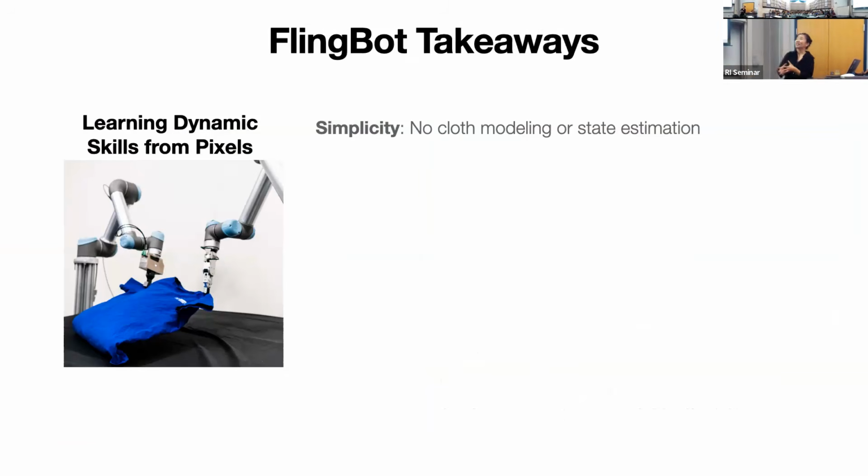So I think to summarize, what's really surprised us in the FlingBot system is basically... question? Yeah, for the spatial action map, is the velocity of the end effector encoded in that somehow? That's a good question. So the question is, in the spatial action map or the policy learning, do we formulate